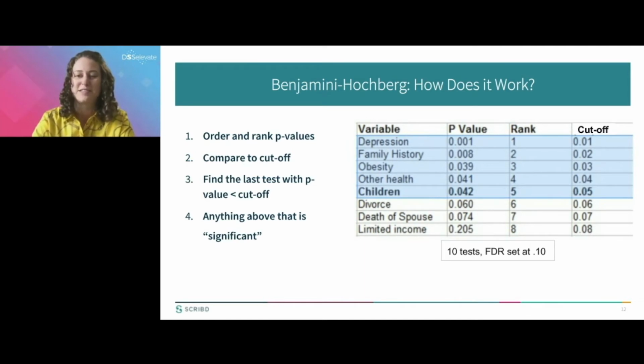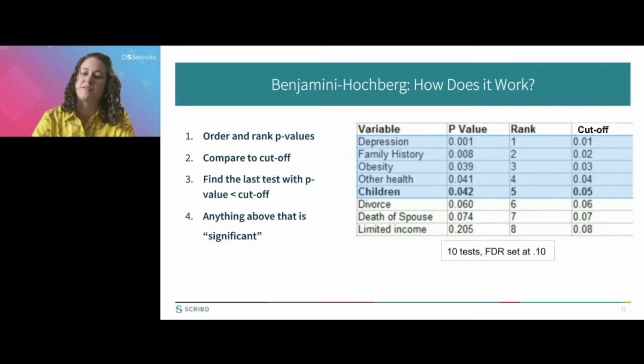So in this example, the false discovery rate was set at 0.1, and we'll pretend there were 10 tests. There aren't 10 here, but pretend there are. So if you divide 0.1 by 10, you get 0.01, and you can see these cutoffs that step up by 0.01 from 0. So to identify the significant effects, you find the last p-value in your list that is still